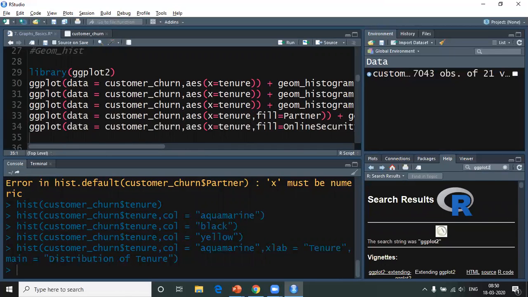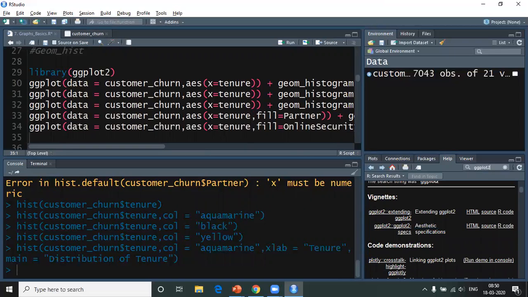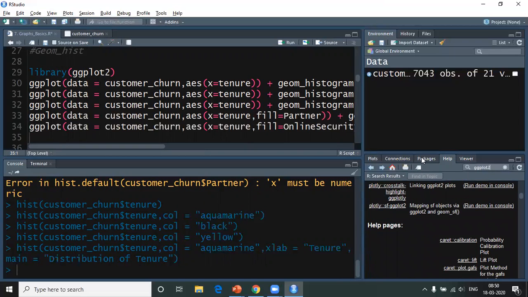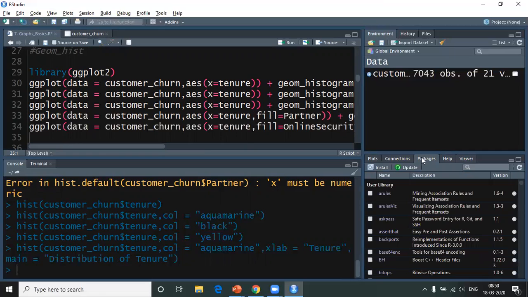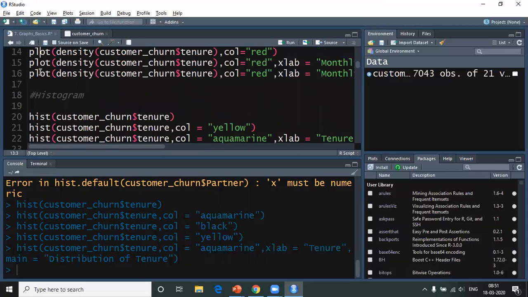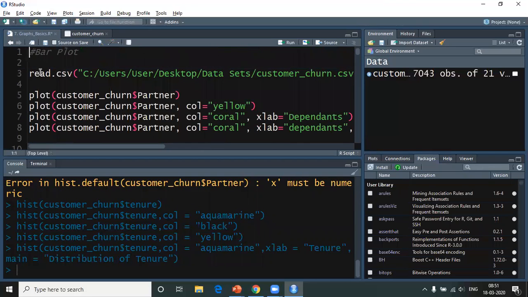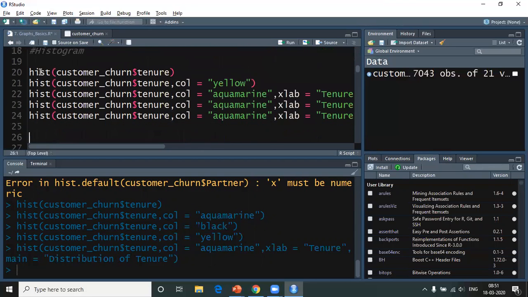Okay, so now let us come here and understand what it is. Firstly, let us go into a package. Let us first understand this step by step, and then let us go into the other part. We would be using a package which is called ggplot2. Now, all the while, we were using inbuilt functions. When you talk about hist or plot or density plot, all these are standard examples of inbuilt functions.